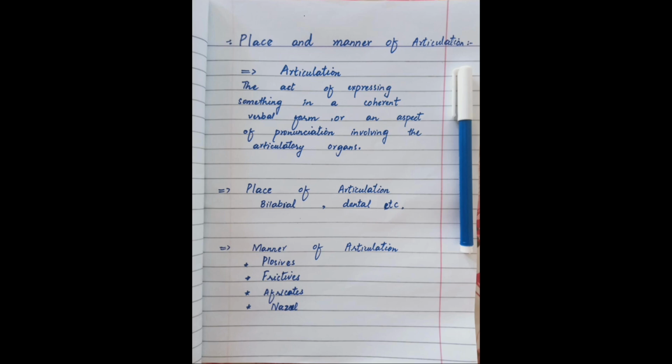And the plosive sounds are the sounds which we produce with a burst of air. First we fill up our mouth with air, then we suddenly burst it with a plosion. Then these sounds are known as plosive sounds, like the sound b, b. You can notice that first we fill up our mouth with air, then we suddenly burst it. So these sounds are known as plosive sounds.